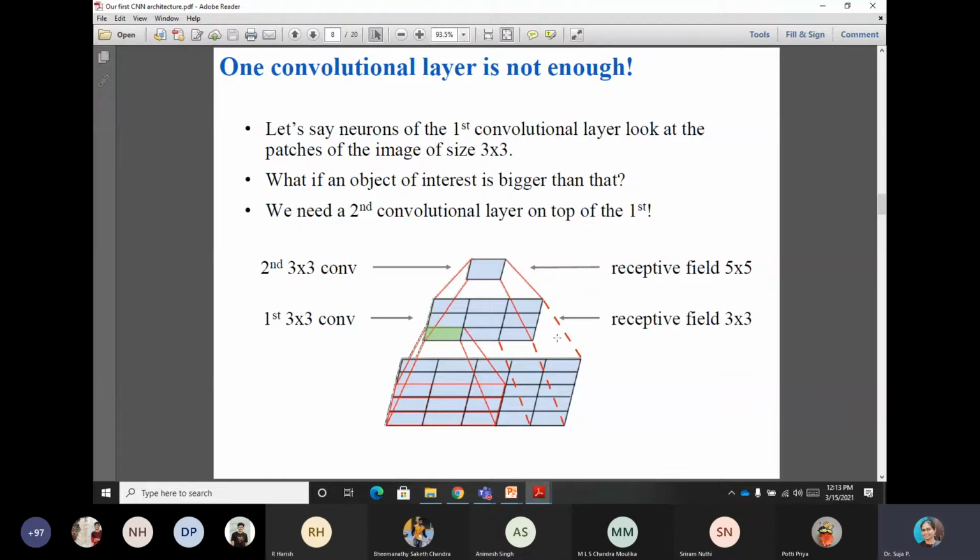If you use a 3 cross 3 receptive field on an image, you get the first convolution layer. If you use a bigger size, then in the second convolution layer you will get a much bigger region after extraction. That is what I showed in the slide.